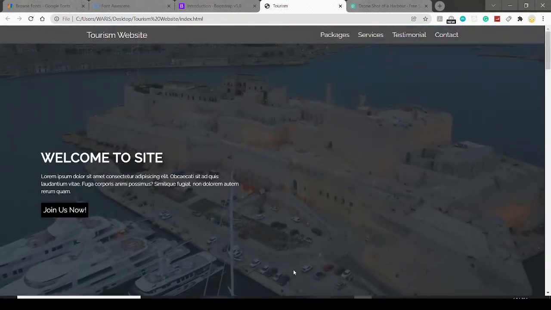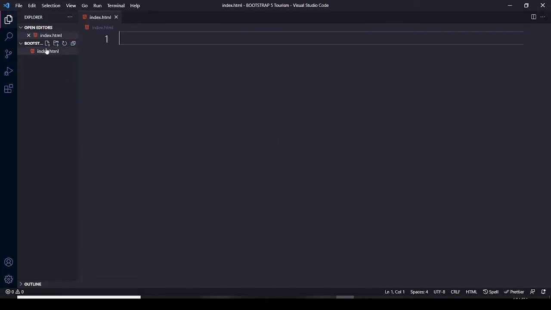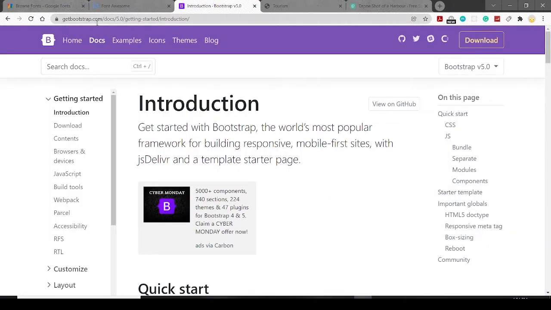And I'm using the VS Code editor. I already created a folder. My folder name is Bootstrap 5 Tourism. Let me create a file inside it. The first file I want to create is index.html. Then I'm going to create main.css. And here in the index.html, what I'm going to do, here is the getbootstrap.com website,